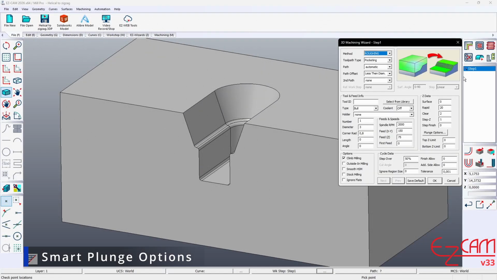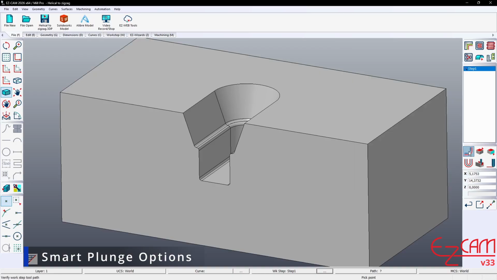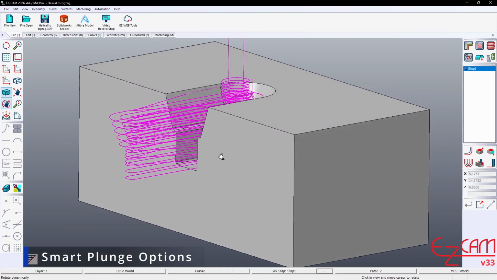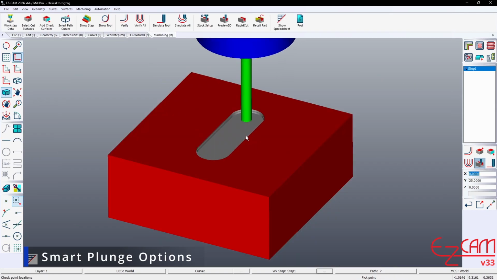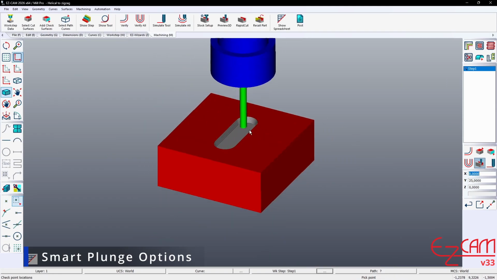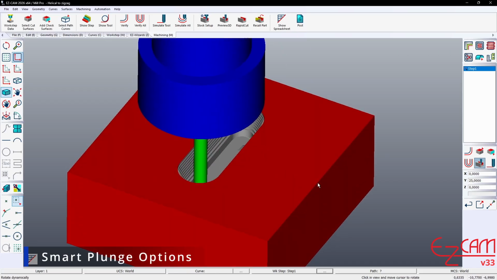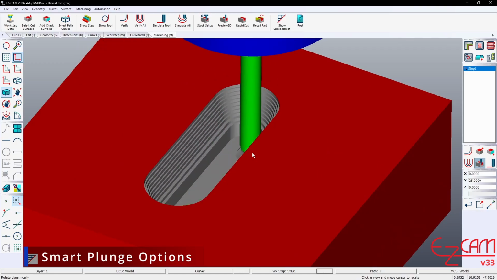Smart Plunge Option. In the new version, this process has become much smarter. The system can now create not just a single pass, but multiple complementary passes. This keeps machining continuous and smooth, even in tight areas. The key point here is this: if a helical plunge will no longer fit because the area is too narrow, the system detects this automatically and switches to a zigzag motion. In this way, the process continues without interruption. The user no longer needs to split the toolpath manually or intervene. Everything is managed dynamically by the system.